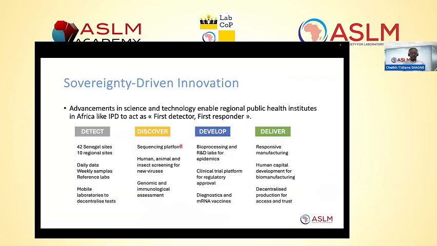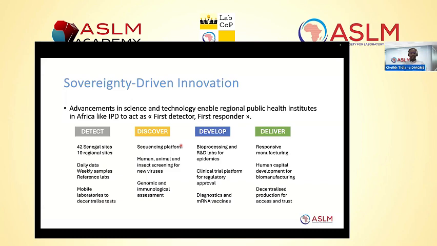So we are also very much active in the field of product development because we believe that is the way forward to building resilience and sovereignty. IPD wants to be a first detector and a first responder by leveraging the 4Ds, which stands for detection, discovering, development, and delivery. We are detecting several pathogens across the 42 Senegal sites in 10 regional sites. We are processing daily data, processing weekly samples in the reference laboratories, and also deploying mobile laboratories to decentralize the